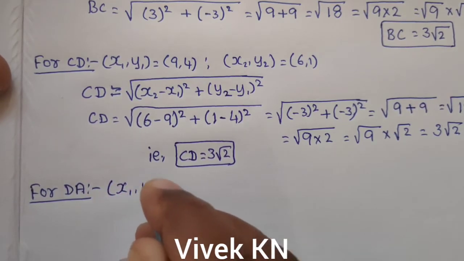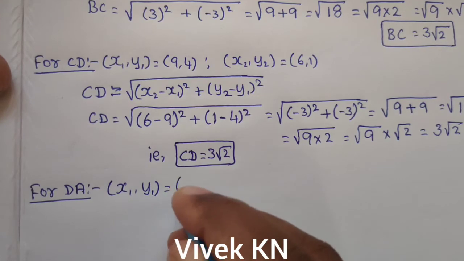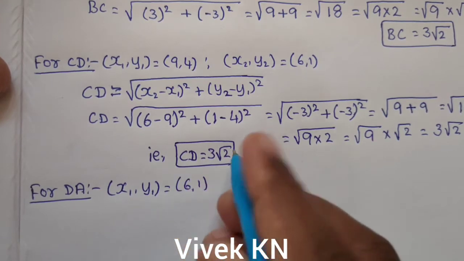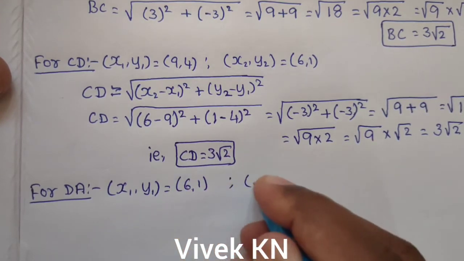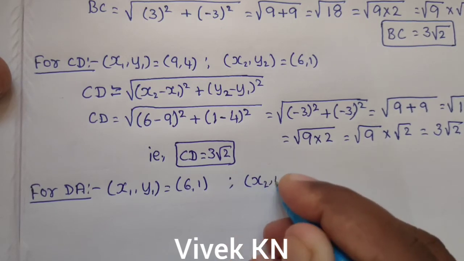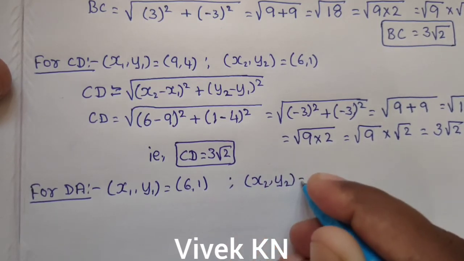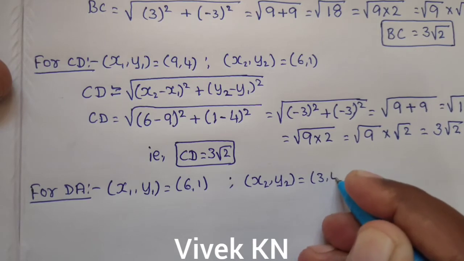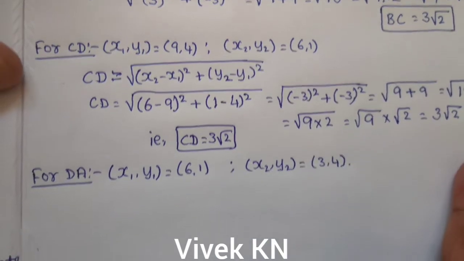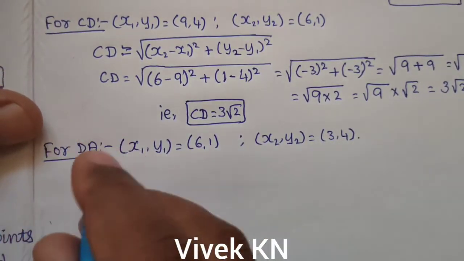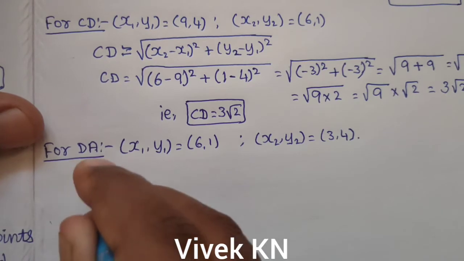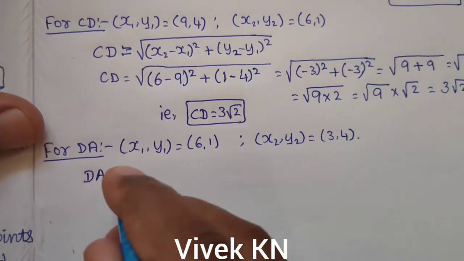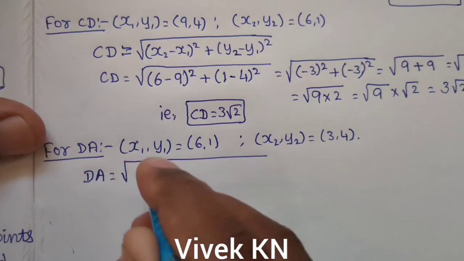x1 y1 is 6 comma 1 and x2 y2 is 3 comma 4. Now let us calculate the distance between the points D and A by using the distance formula, which is given by under root of